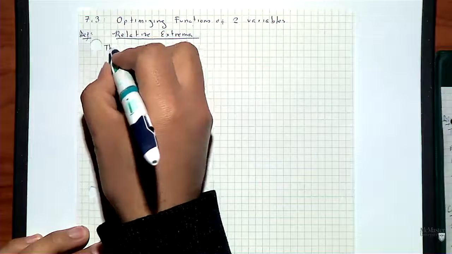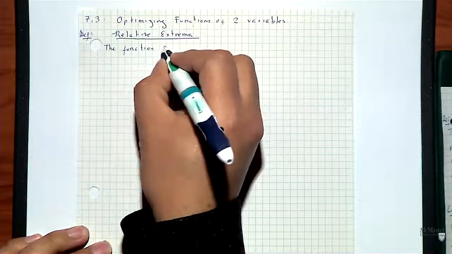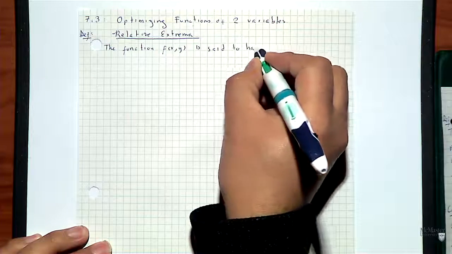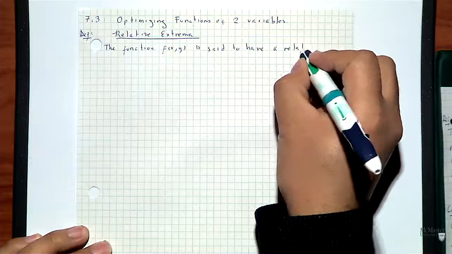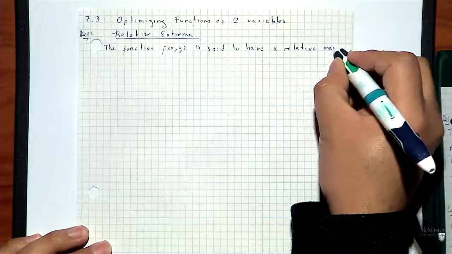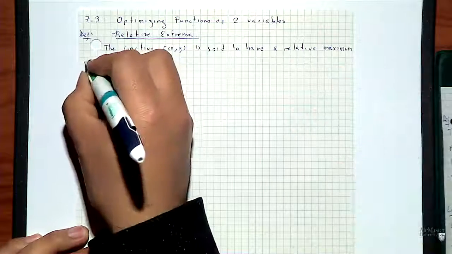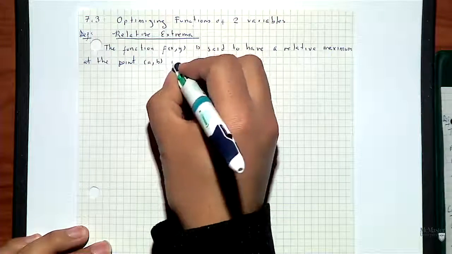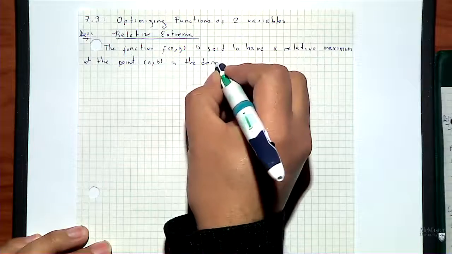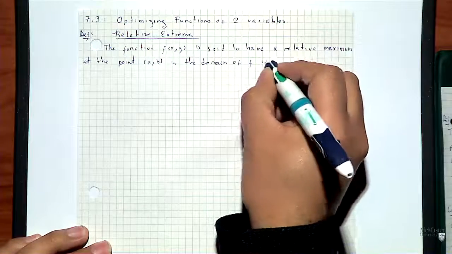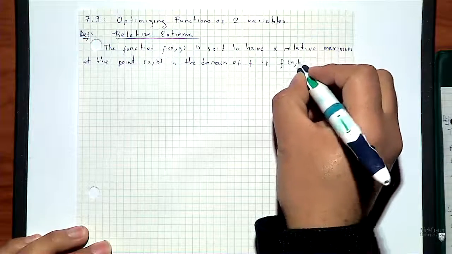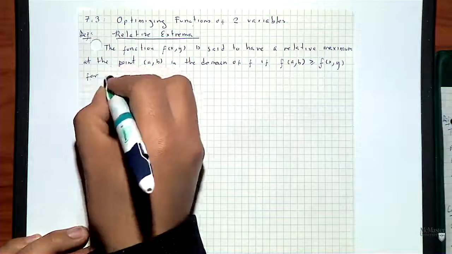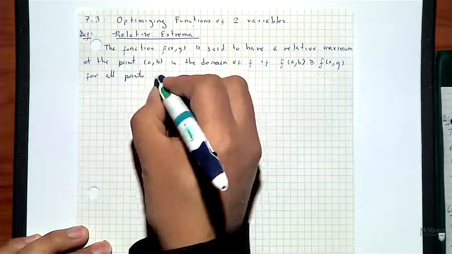And so we say that the function of two variables, f of x and y, is said to have a relative maximum at the point a comma b in the domain of f if f evaluated at that point is greater or equal than f of x comma y for all points x comma y